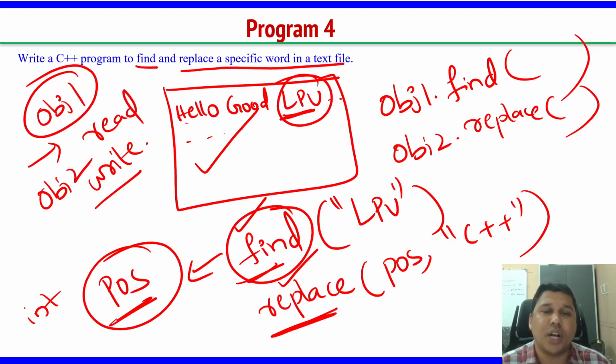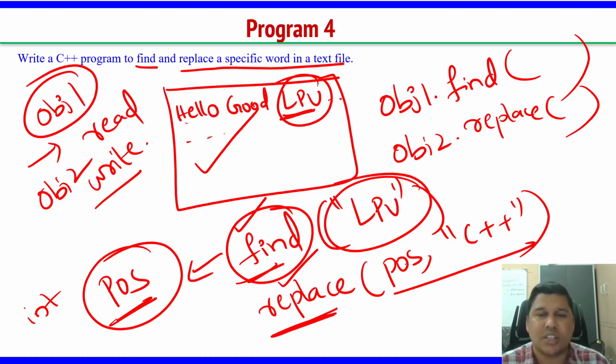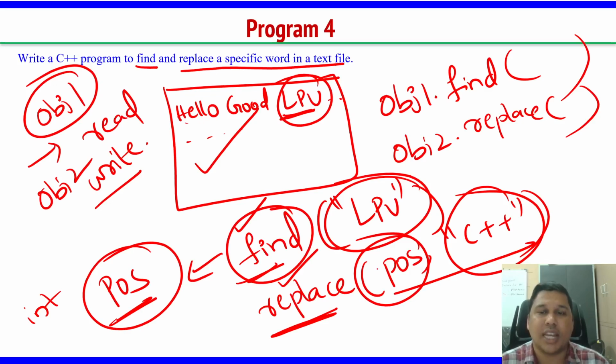These are two new functions. We will see the syntax of both while executing the program. The find function will take the string which you want to find, and the replace function will take two parameters, in specific three, but two are sufficient here: the position where you want to insert and what you want to replace it with. But there is a small challenge here. Suppose the string I want to find is LPU, three characters, and C++ is three characters, so it matches. That's okay. But what if